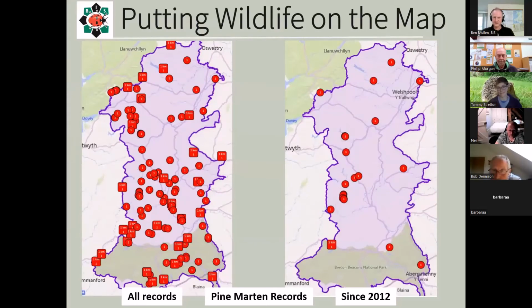records of pine marten. So some of the ones on the left will be quite old sightings from maybe more than 50, 60 years ago, maybe when they were more commonly seen and a lot more of them. And now they're just starting to appear in the Brecon Beacons a little bit more, and also across Powys as well. So it just goes to show that continued recording is important and gives us an idea of where